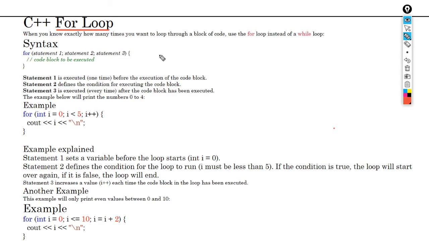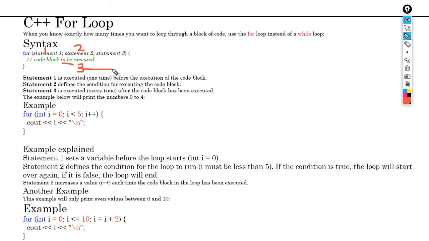Next, the third loop is the for loop. That is when you know exactly how many times you want to loop through a block of code, then you will use this for loop. The syntax of the for loop is for, round brackets, statement 1 semicolon, statement 2 semicolon, statement 3, and then the body of the for. Here, statement 1 is executed and then it will check the condition, and if the condition is true it will execute the body, so this will be the third step.